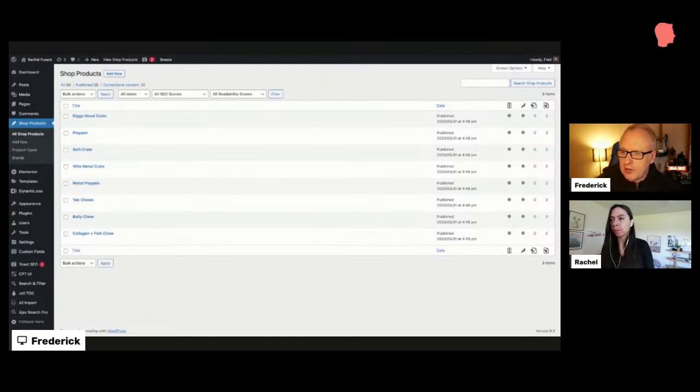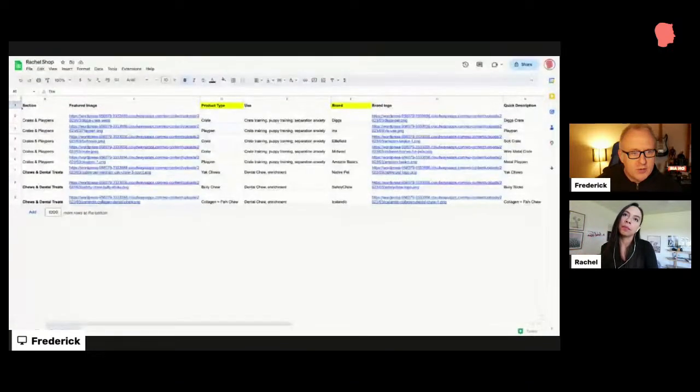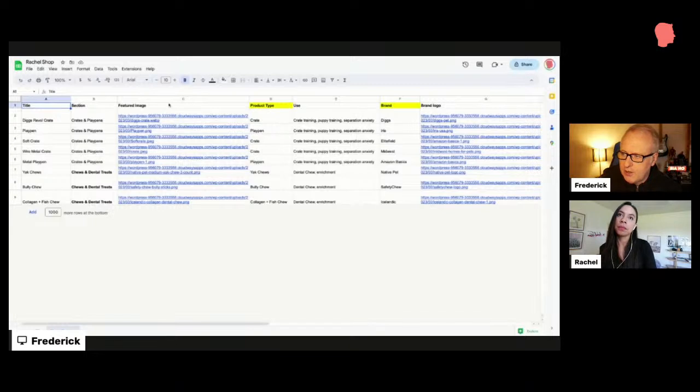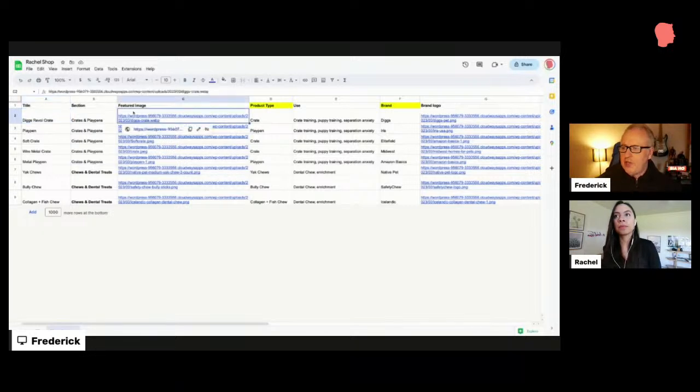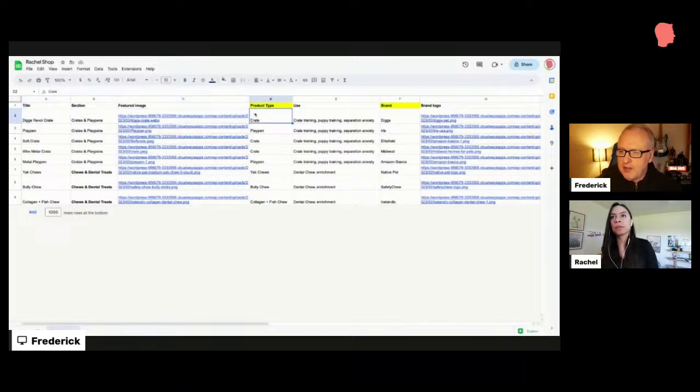So if I switch to a Google Sheet that I prepared, so to another tab, yes, this tab, I've made a few changes to your initial Google Sheet, and probably to answer your question about how you can delegate this work to someone else, there might be some columns here that are not really useful in the structure that we have. So the title, clearly we need a title. The featured image, we need it. The product type, this is what I used, and that's why it's in yellow